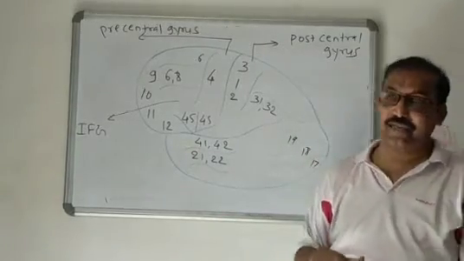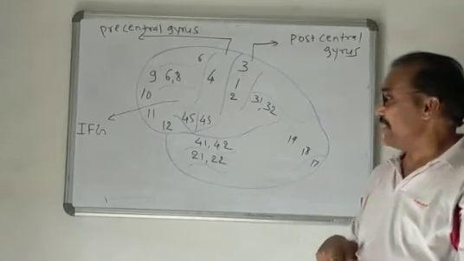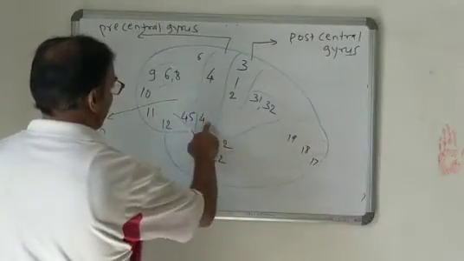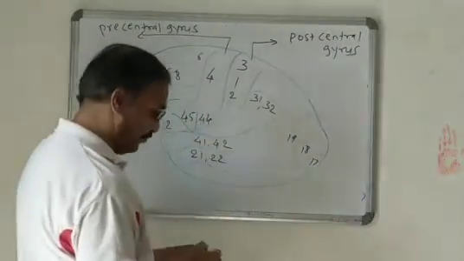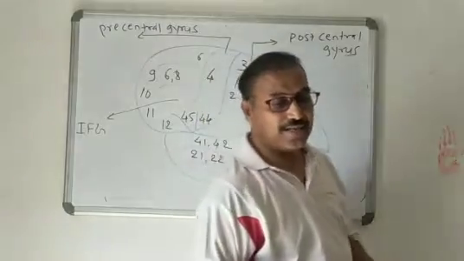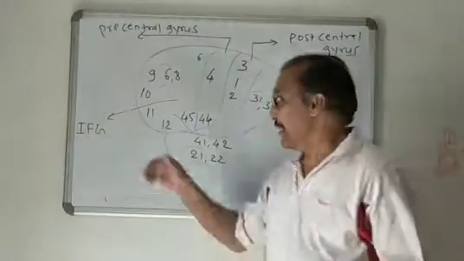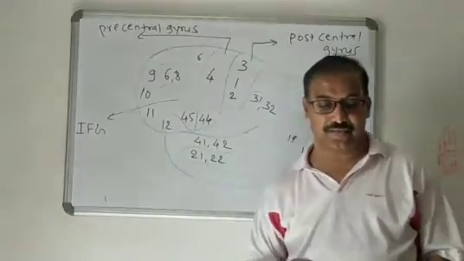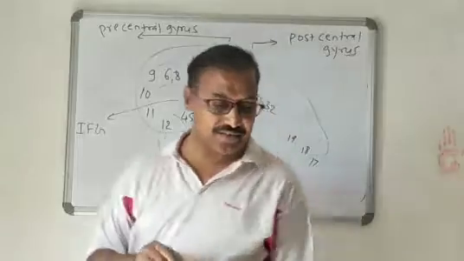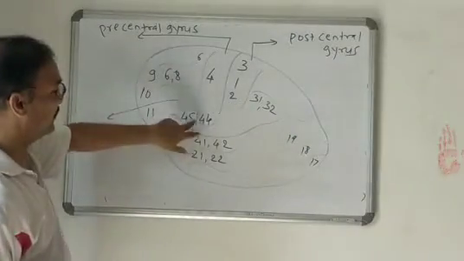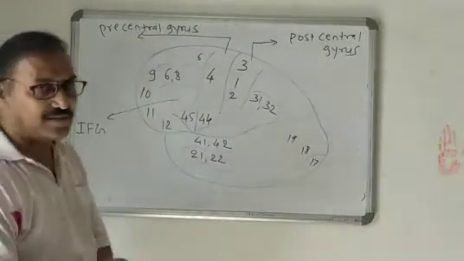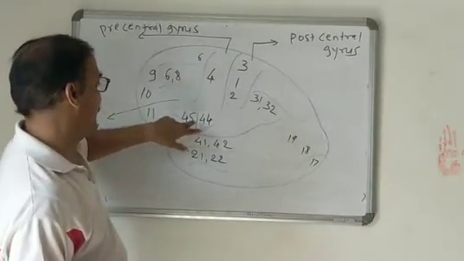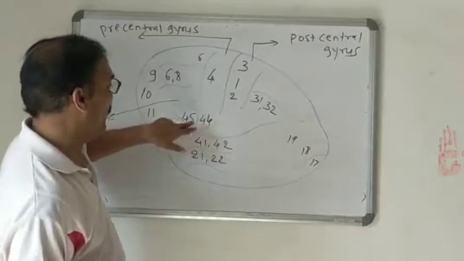Now the another area present in this frontal lobe, so that is area number 44 and 45. Where is it present? That area is present just below the inferior frontal gyrus. It lies in the pars triangularis and pars opercularis. These are the parts of the lateral sulcus, the pars triangularis and pars opercularis. In between these lies the area, the number given to this area, area number 44 and 45.